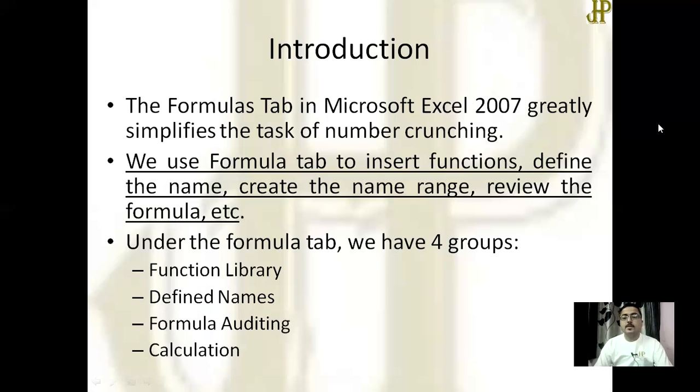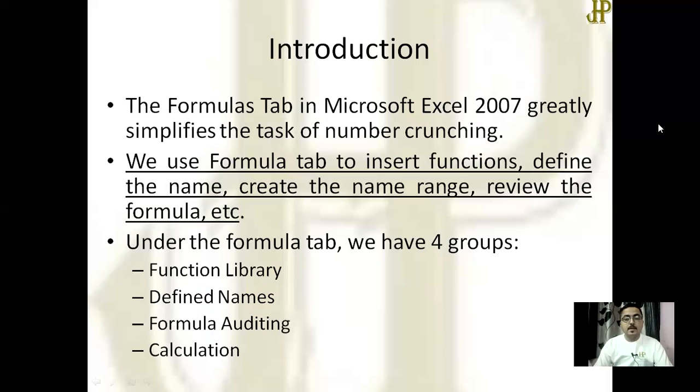For example, if there are 10 students and they get marks in each subject, and you want to sum the marks in each subject for a particular student, that can be done by the formula given in MS Excel.